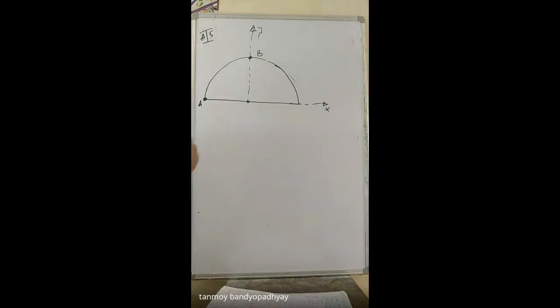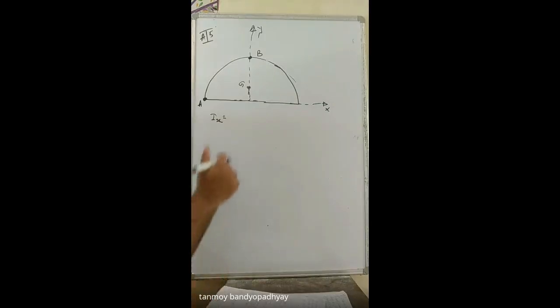So we have to calculate the polar moment of inertia about A and B. This is the centroidal axis. So this one is the centroidal axis of the semicircle. For the semicircle, what we had derived, what will be IG, or rather what will be Ix and Iy for this semicircle? We calculated it last day.